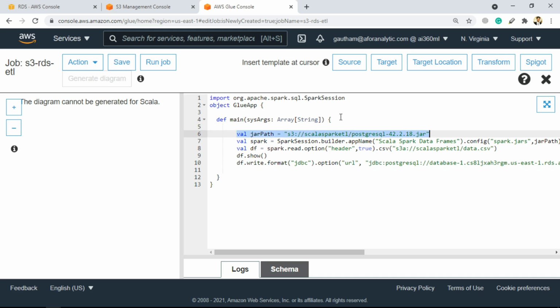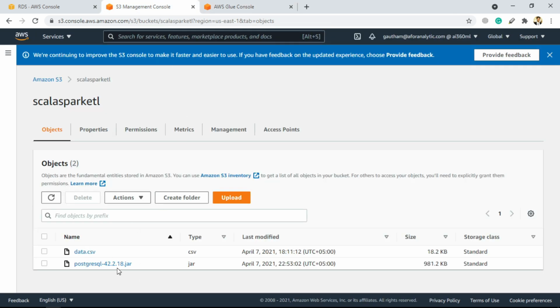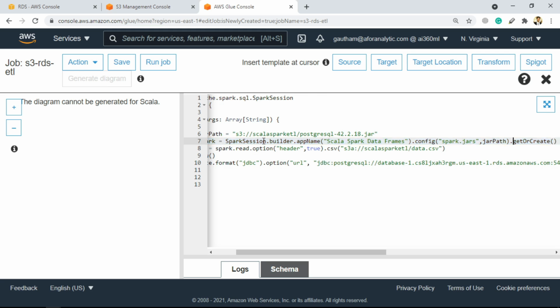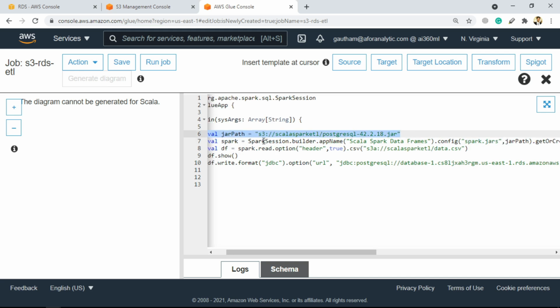Now notice this thing. Over here, we are specifying the jar path. I'm telling it that it's present inside the S3 bucket. This is the name of the bucket, Scala Spark ETL, and this is the jar file which is present over here. So I'm referring to this jar file. Next, I'm just simply creating a Spark session. The only thing new for you over here is that we are using .config, and here we are specifying that for the Spark jars, refer to this path which we just specified at the top.